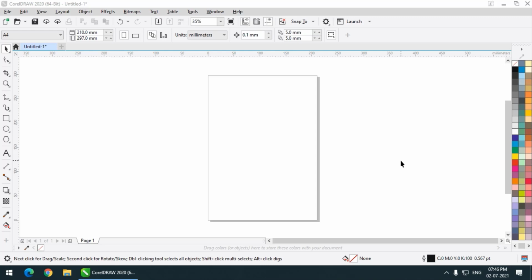So let us begin. First of all, remember that CorelDRAW is a vector-based application. So what is a vector-based application? For example, Photoshop or any other photo editing application is a raster-based application, which means raster-based applications have pixels basically. The images in raster-based applications get distorted or pixelated.